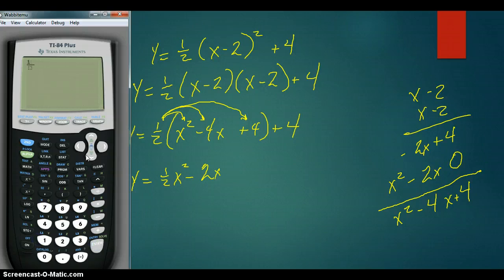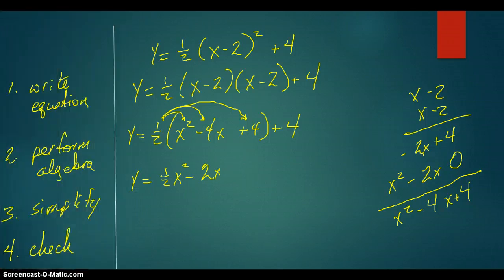I put 1/2 times 4 and hit enter, and that's a 2. So I have plus 2 plus 4. These two things go together. Minus 2x plus 2 and plus 4 is plus 6. So it's no different with a fraction. It might not look like as much fun, but all you do